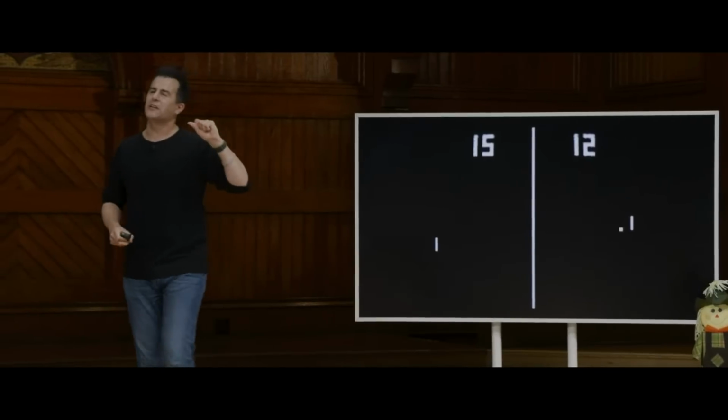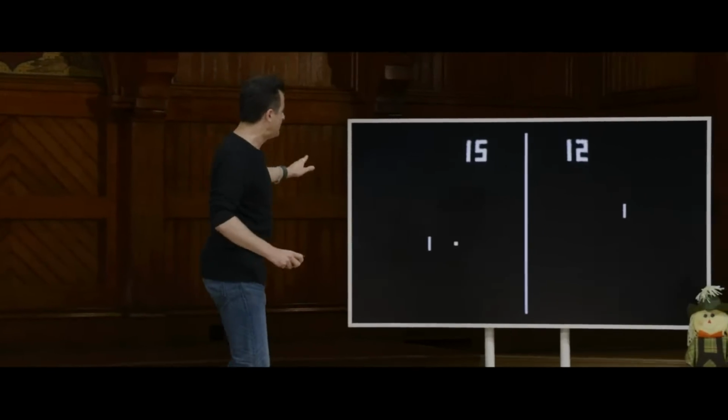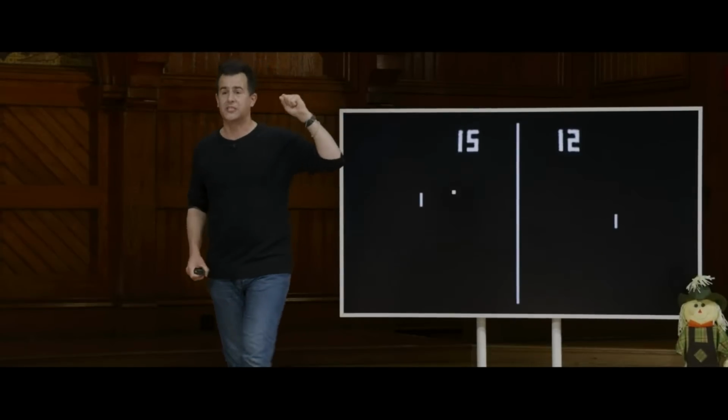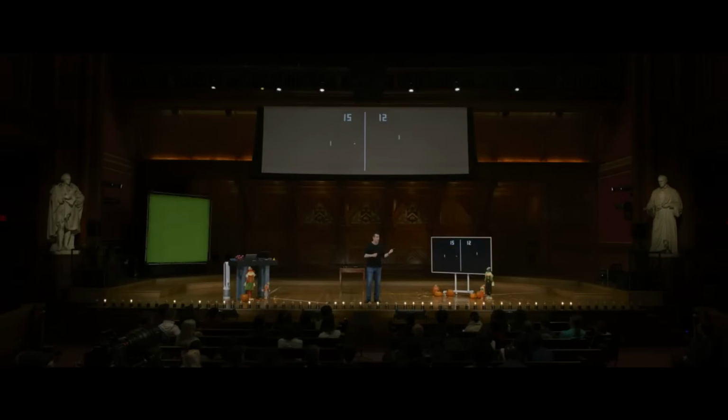But let's start with something a little simpler than any of those applications. And this is one of the first arcade games from yesteryear, known as Pong. And it's sort of like table tennis, and the person on the left can move their paddle up and down. The person on the right can do the same. And the goal is to get the ball past the other person. Or conversely, make sure it hits your paddle and bounces back.